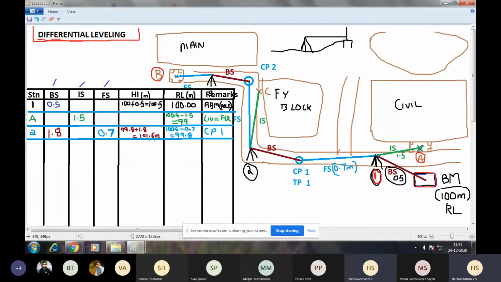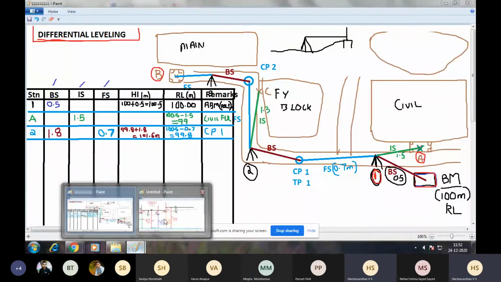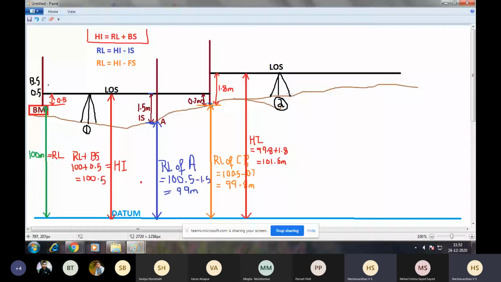So I'll again continue the survey. Next, I also want to find the elevation of the floor of the first year block. So I'll keep a staff here and I'll take a reading. Let's say this particular reading is 1.3 meters.